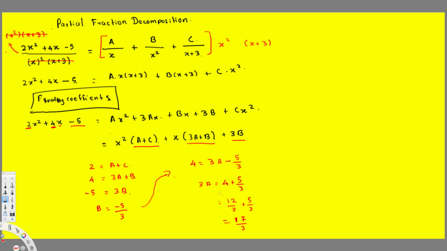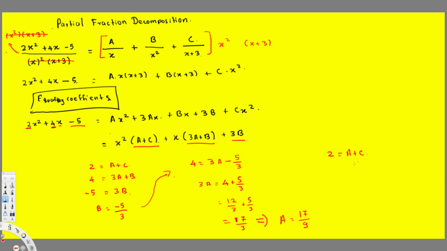So this is 17 over 3, and this is multiplied by 3a, so we have to divide by 3 again. Therefore a is going to be equal to 17 over 9, right? So we found out a right now. Now we have to find out c. To find c, I can simply plug the a value right here. So let's begin right here. 2 is equal to a plus c,